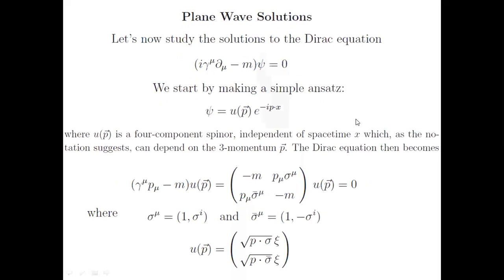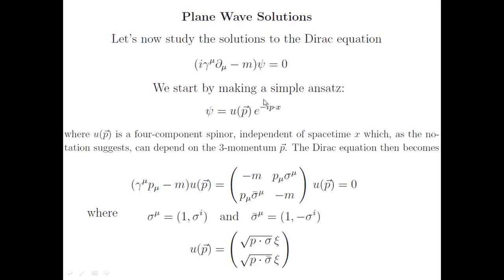The Dirac equation is given by this. This is a relativistic equation which is first order in both the time and space derivatives. If we square the Dirac equation, we simply get back the Klein-Gordon equation. The free Dirac equation, without any interaction terms present, has a very simple ansatz.